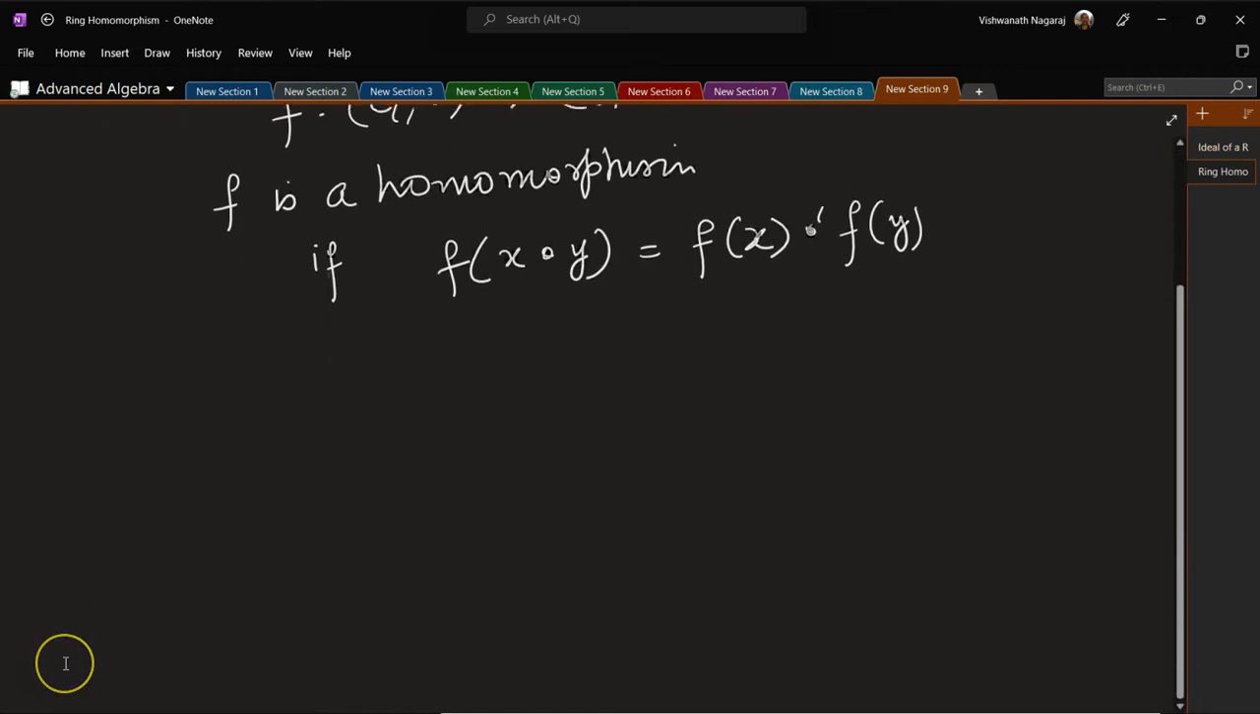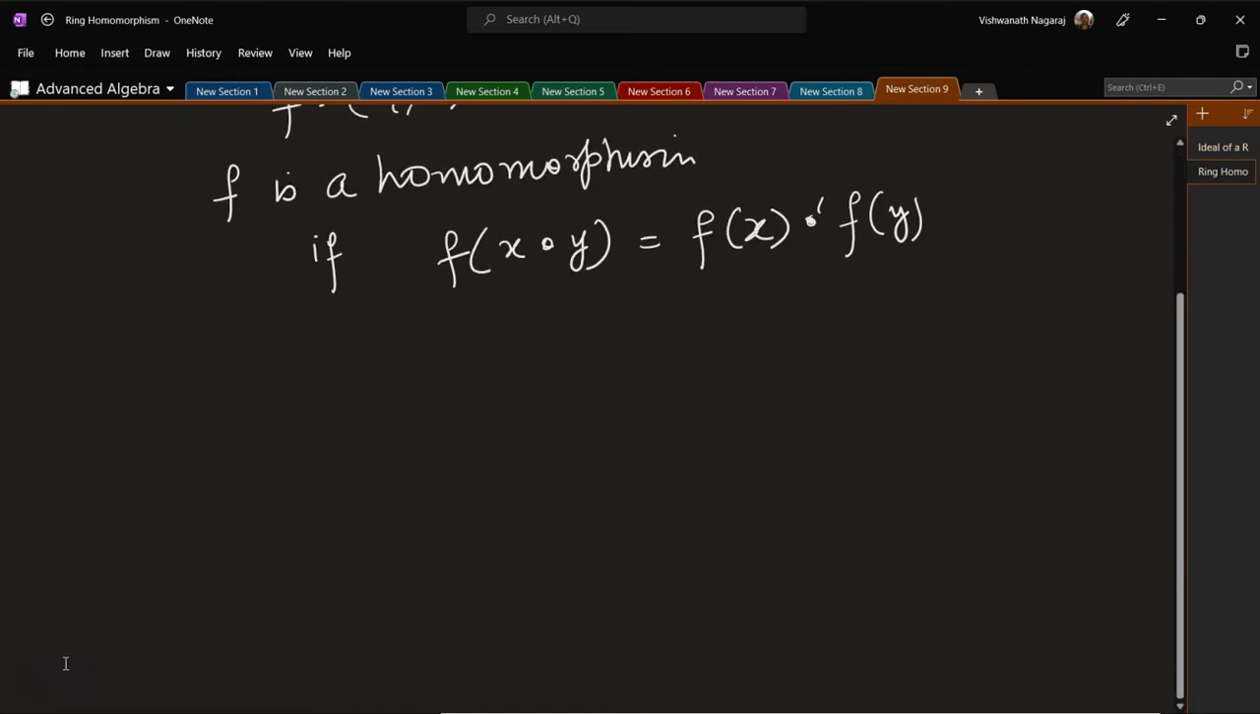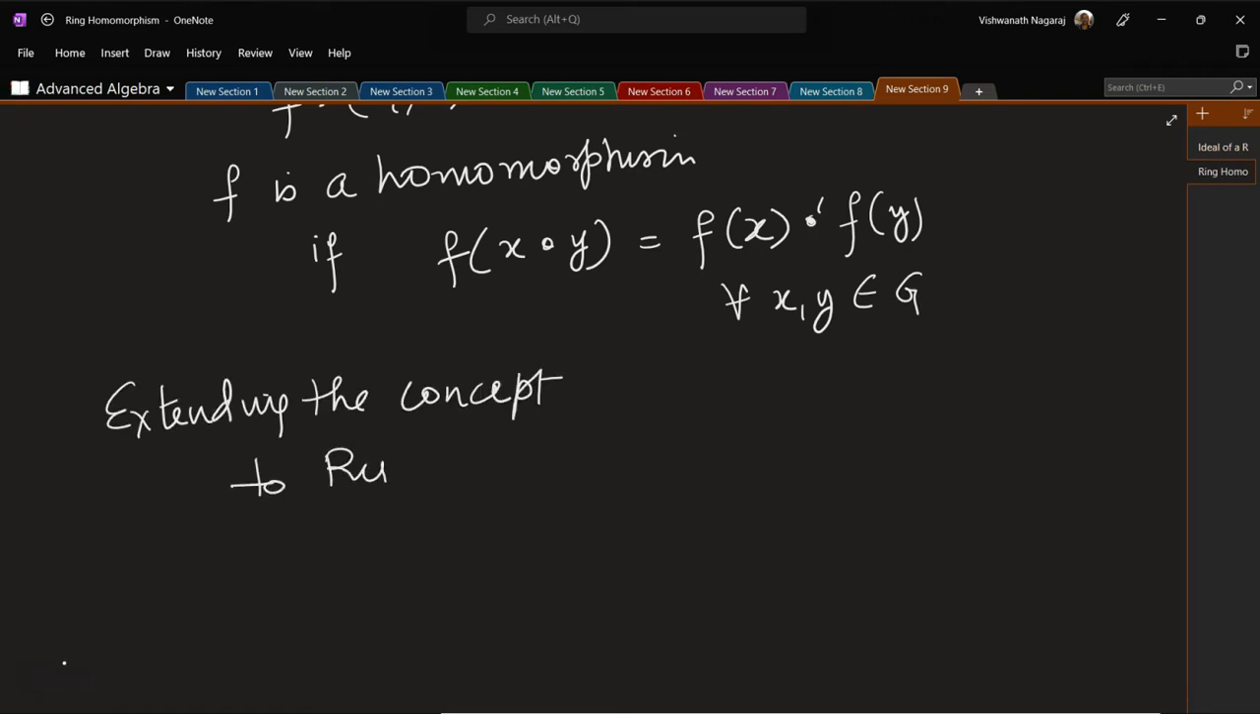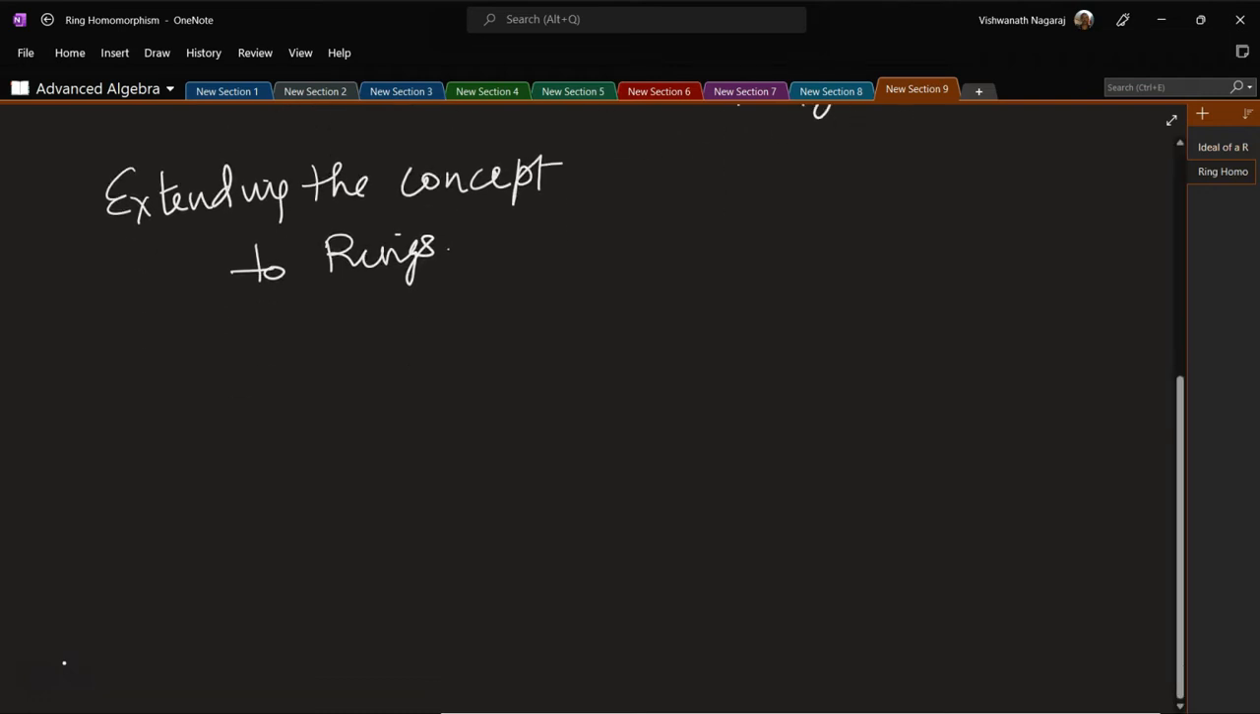So we know this. If you want more details, you can look at that particular video. Now, here, remember, for all x comma y belonging to G. So let's extend this concept to rings. What do we get? In rings, remember, we have two operations. So let us say a function maps a ring with plus and multiplication